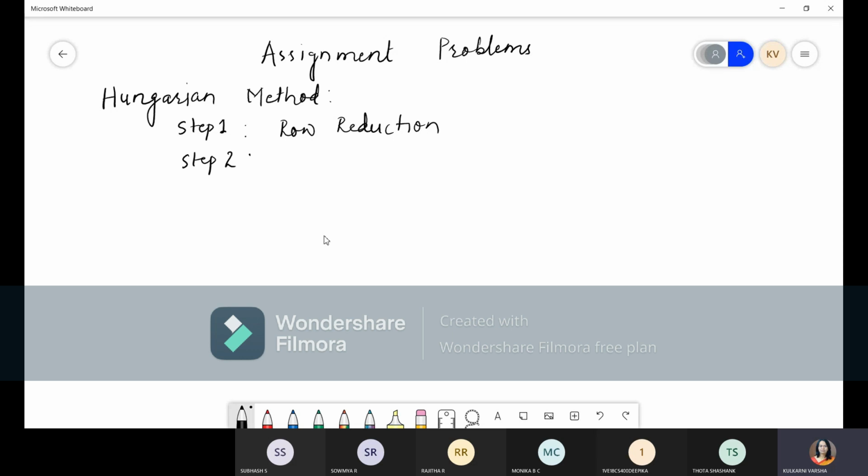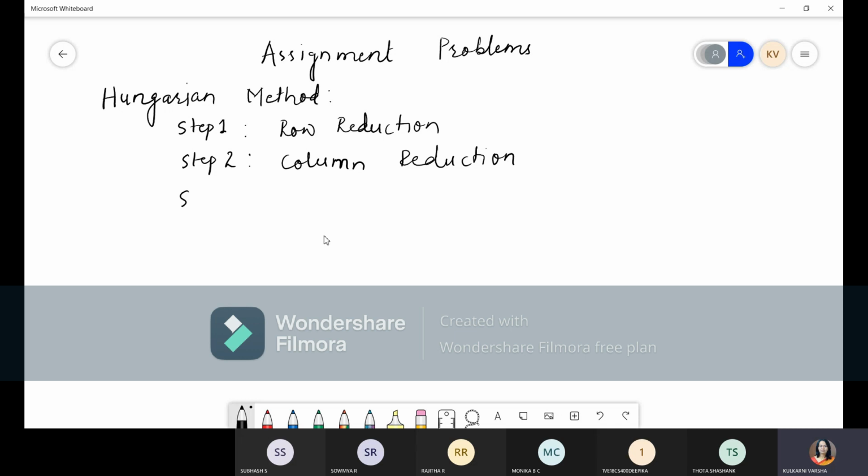The step 2 is column reduction. So what is column reduction? Same thing: select the minimum element from each column and subtract that minimum element from the other elements of the same column. So that is column reduction. So you have to mention all of this.